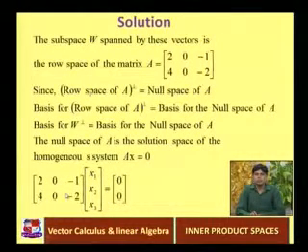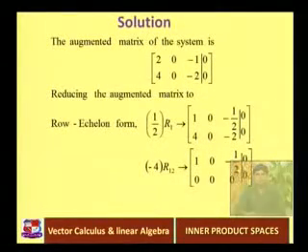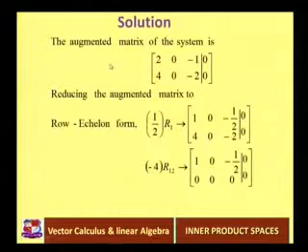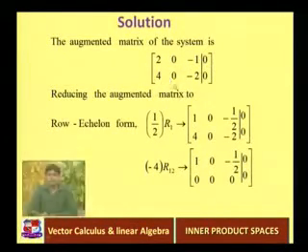Ax = 0, where A is the matrix [2 0 -1; 4 0 -2], and x is the column matrix [x1 x2 x3], equal to the zero matrix [0 0]. The augmented matrix of this system can be written as [2 0 -1 0; 4 0 -2 0]. We want to find the solution of this